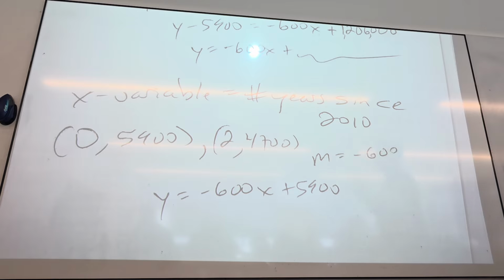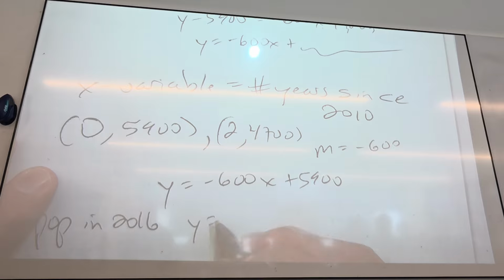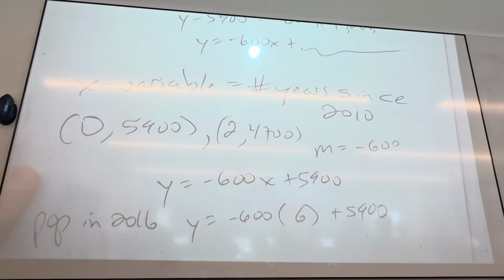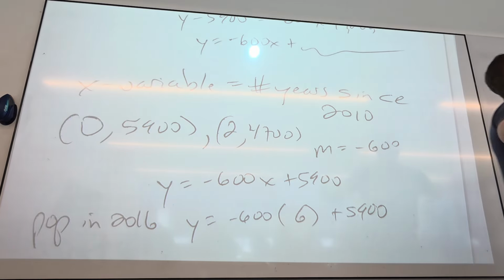So if I want to know the population in 2016, how do I do that? 2016 minus 2010. Or just plug in 6, because it's 6 years since 2010. You guys with me? Now that is kind of a big assumption. Populations don't normally change linearly. But it's not bad for general planning purposes. Is it good for a town to know how many people are going to be living in it in the next few years? Yeah, because they want to plan resources and so forth.